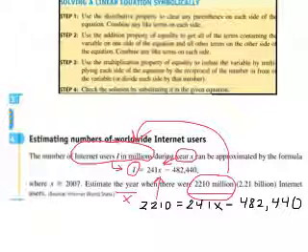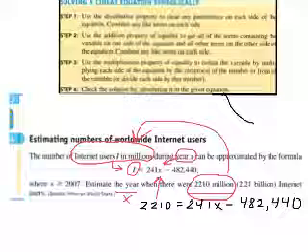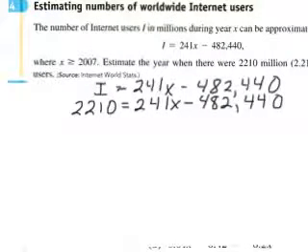I'm going to move it up. Okay, I cleaned things up there a little bit. But here it is. This is our 2,210 users, right? So we're just trying to find out what the year is, and the year is going to be our X. So we just plugged in the 2,210 for the I, internet users. So now we want to get the X alone, so what do we have to do? Turn it off and think about it. We're going to add